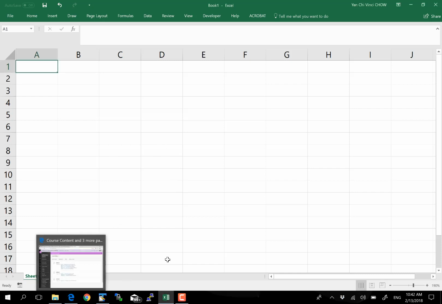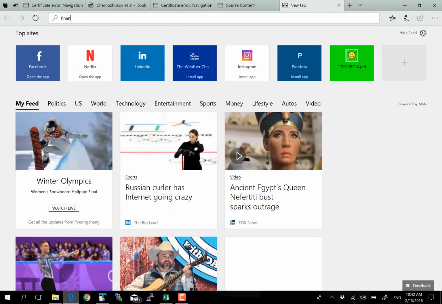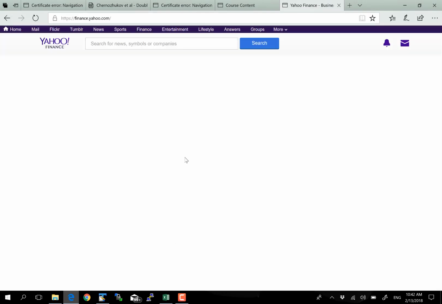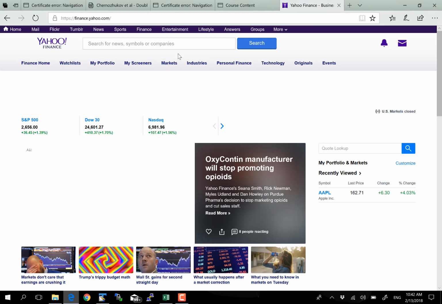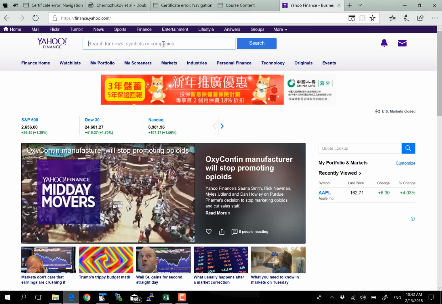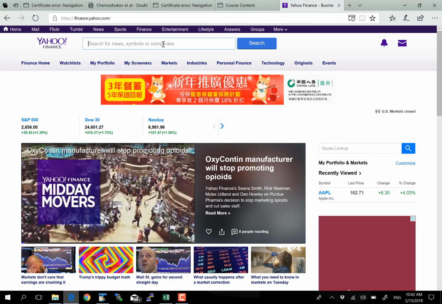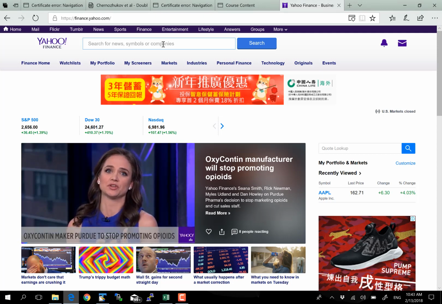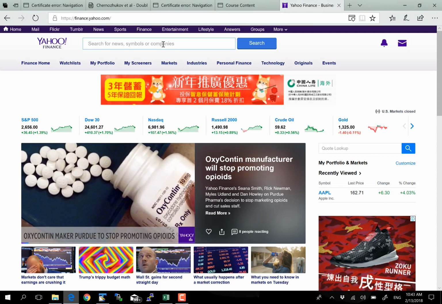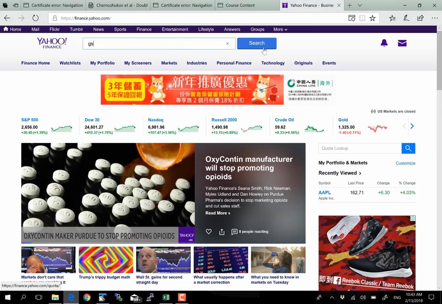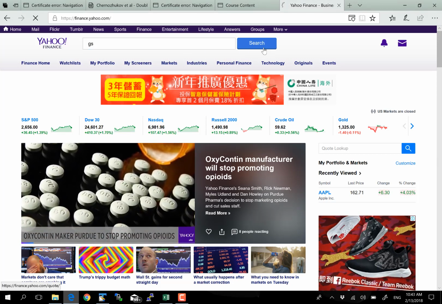The easiest source you can get would be Yahoo Finance, as I've mentioned, because it's online and free. So let's just go to Yahoo Finance, and we're gonna pick 3 stocks. It's always good practice to have a diversified portfolio, so we're gonna pick one stock from financial sector. Let's say Goldman Sachs. Goldman Sachs is GS, so you search for Goldman Sachs,